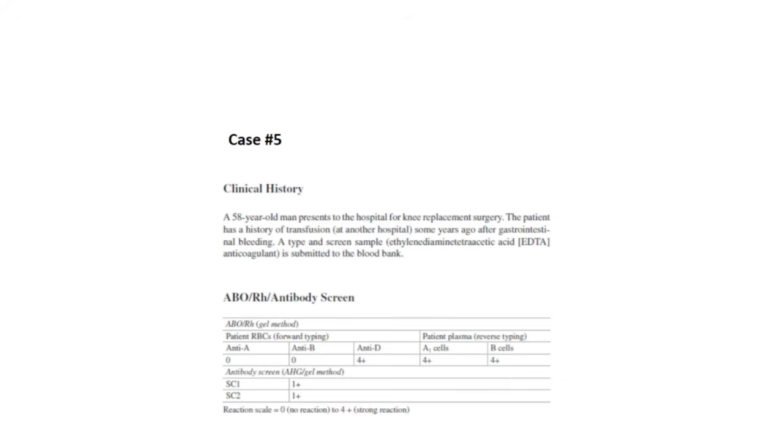So 2 pertinent findings would be that the patient is here for knee replacement surgery, and the patient has a history of transfusion some years ago. Right, so he has a history of old transfusion. Again, we differentiate recent from old transfusion at the 3-month mark, because that's the survival of transfused red cells. So if it's a transfusion within the prior 3 months, some donor cells may actually still be circulating in the patient, and that can affect some of our testing, like phenotyping, for example,